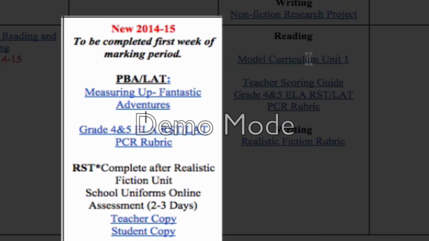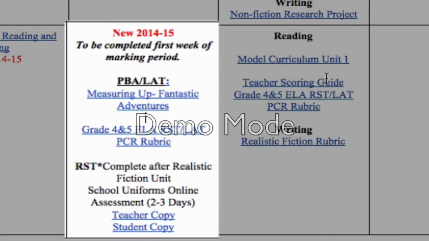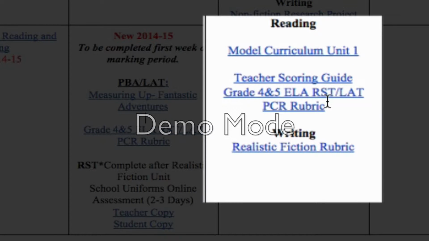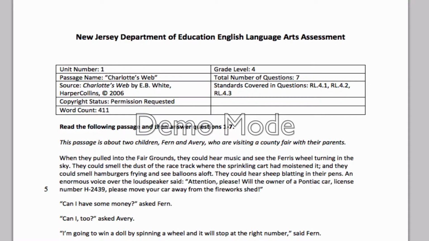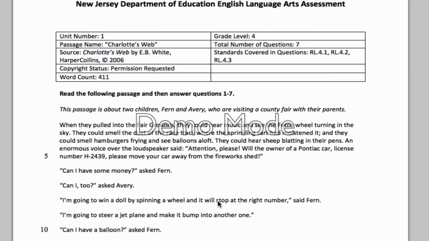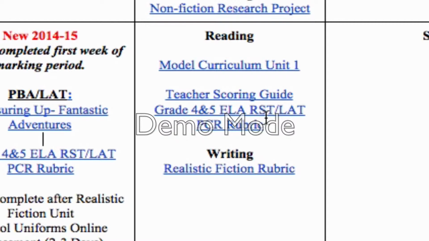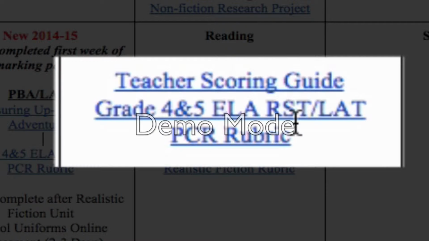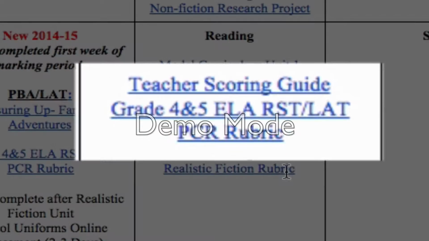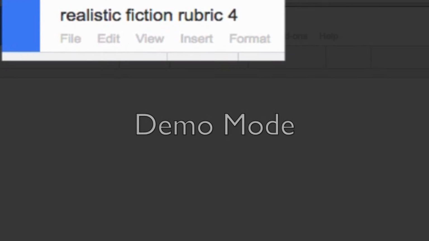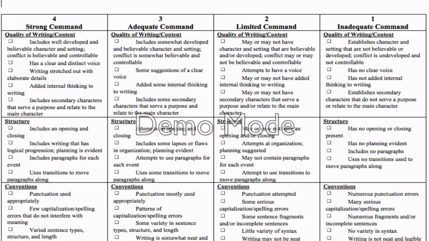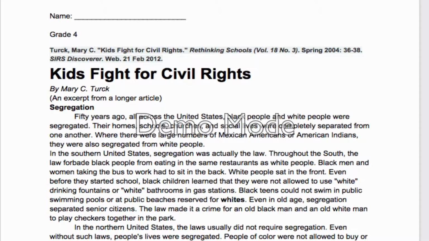In the next column, you will see the summative assessments for the first part of Marking Period 3. The reading summative assessment is Model Curriculum Unit 1. The scoring guide for the teachers as well as the PCR rubric are all underneath and linked out on the curriculum assessment map. The writing summative assessment is the realistic fiction rubric, which correlates with the realistic fiction writing